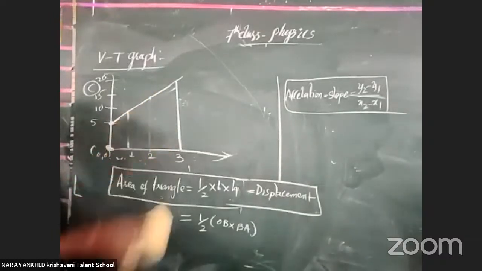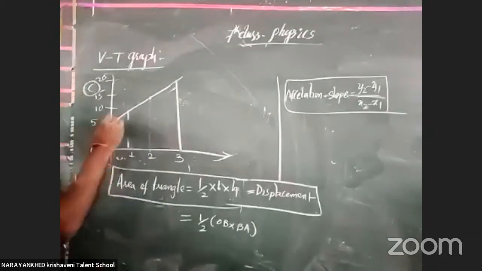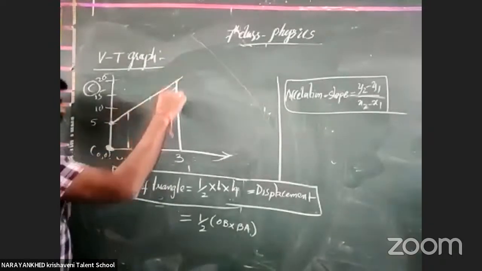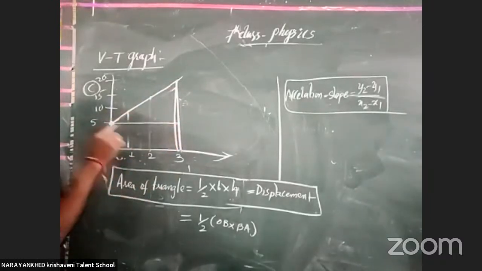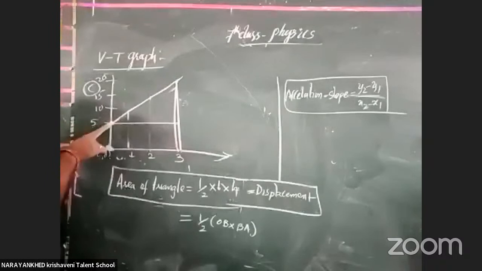One trapezium is formed here. Got it or not? It is called what? It is called a trapezium. Okay, got it or not? At 1 second, the body has not started at 0. It has started at, yes,